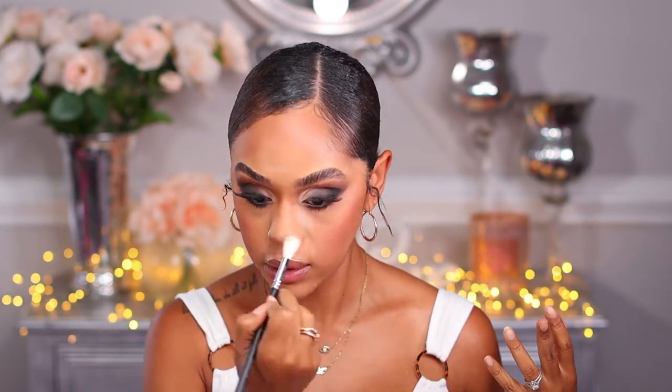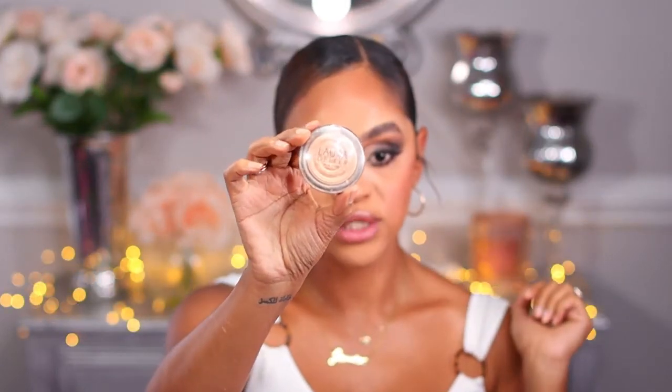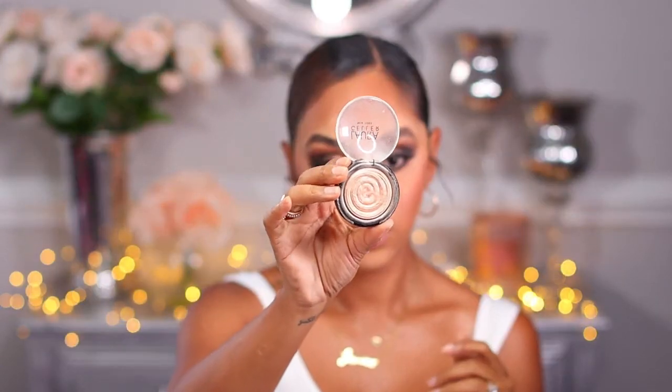Now we're going to use the Bad Girl Bang from Benefit, and I'm going to place that on my waterline, the mascara, and give it more dolly effect. I don't have to do my lashes because I already did it, and that's giving me a fierce look. And we're not done yet guys, because now we're going to do highlight. We're going to highlight our face, and I'm going to be using Lower Cellar, this right here, and I'm going to highlight my face, nose,